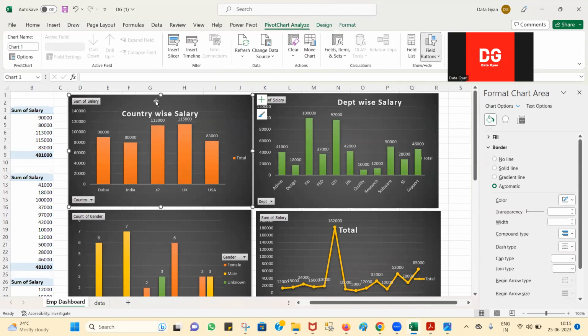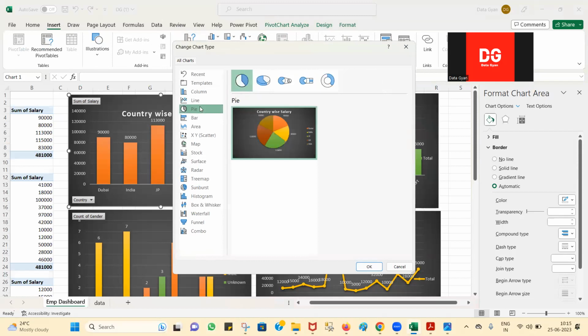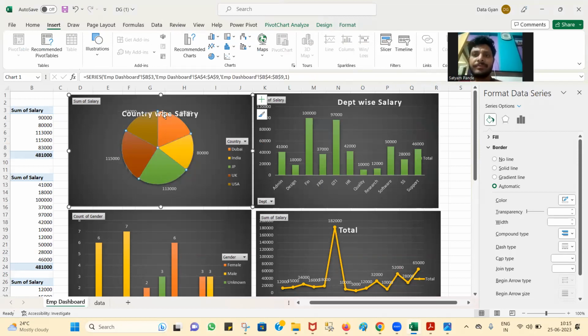What do you want to change, everybody? The pie chart, or any pie chart? I think so. We can change it. There is no hard and fast rule. We can change it. It is more interactive. Correct? Yes, sir. Country-wise salary, even